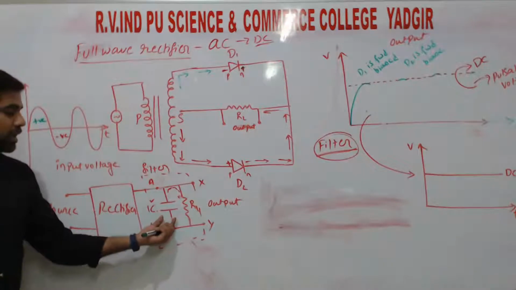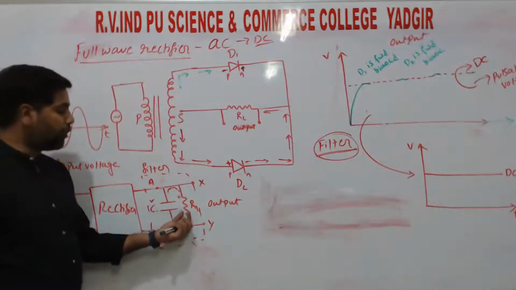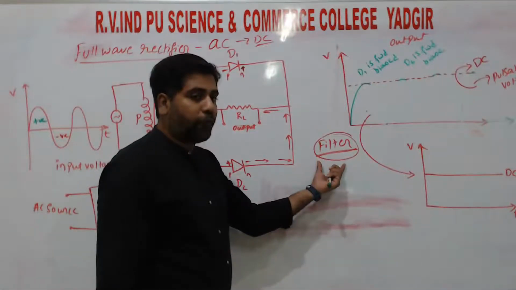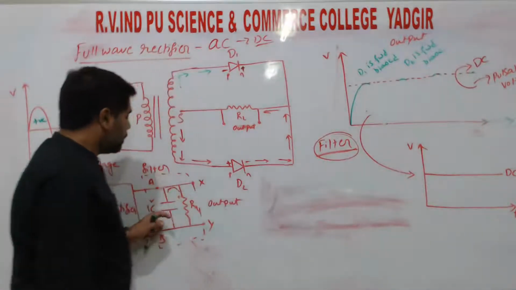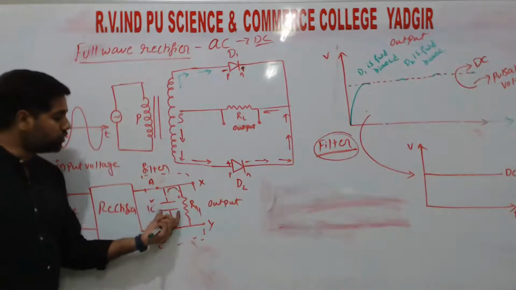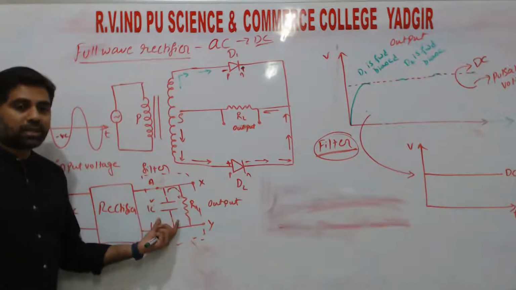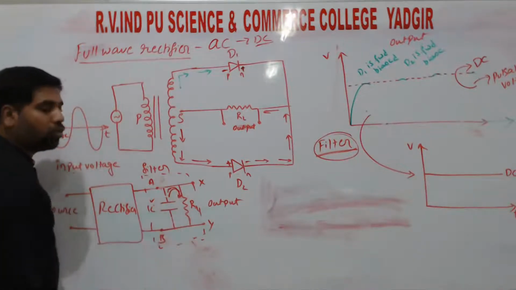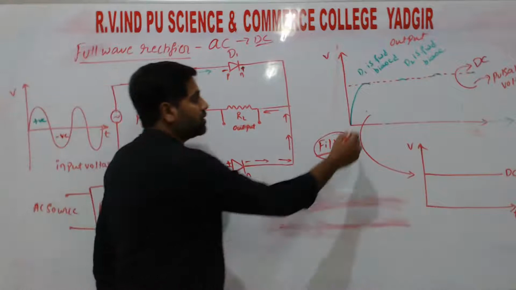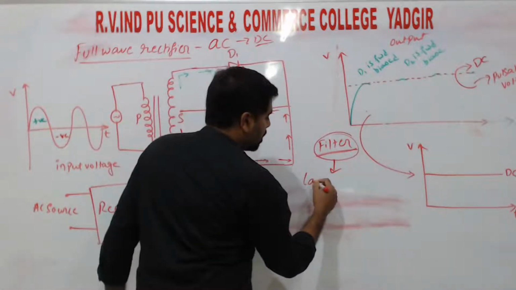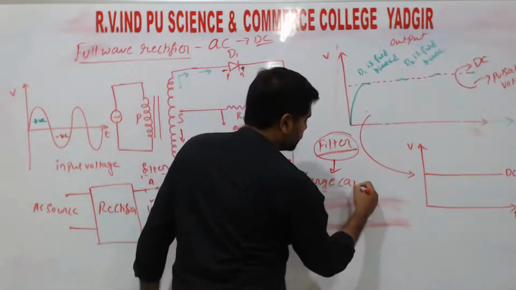So the capacitor which is connected in parallel to the load resistance, that one we call the filter. How well the capacitance works: if we use a capacitor that has larger capacitance, it gives more charges to the load resistance, and then only we get the constant output. That means in the filter we use a large capacitor